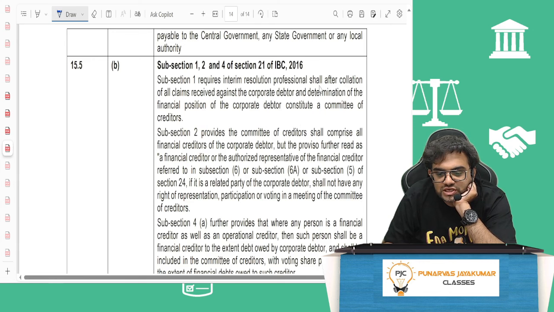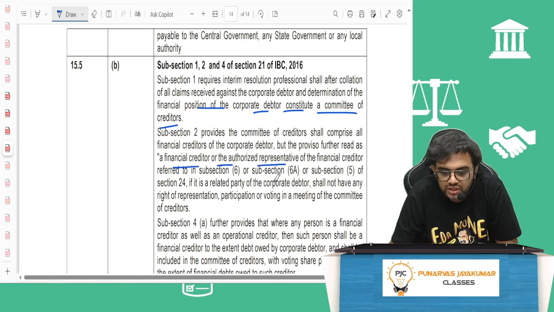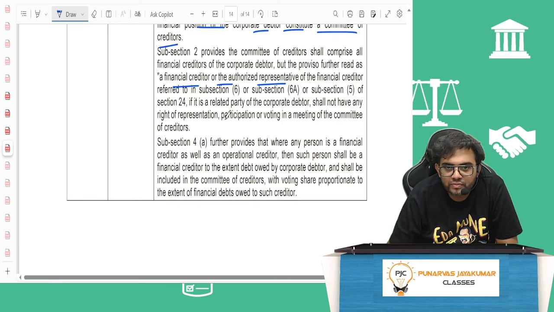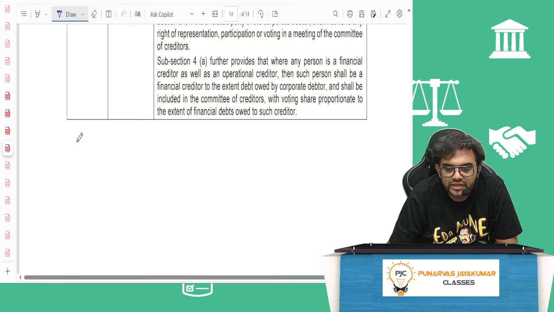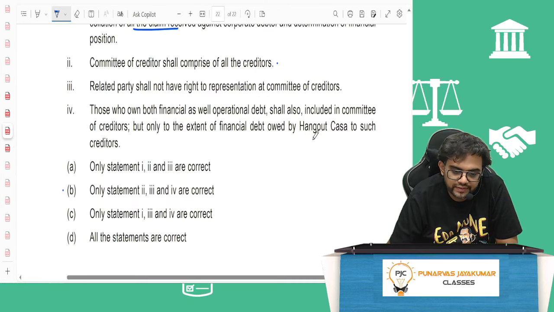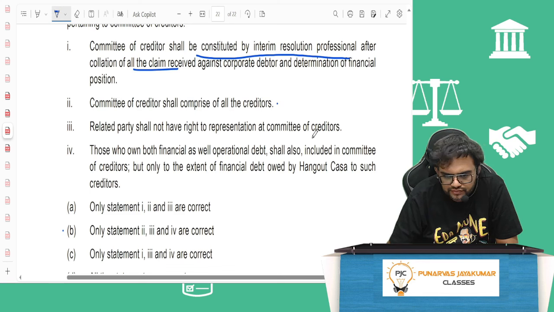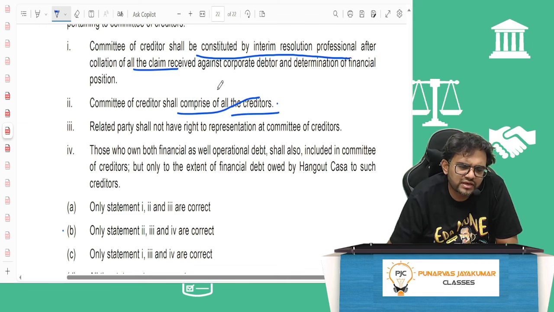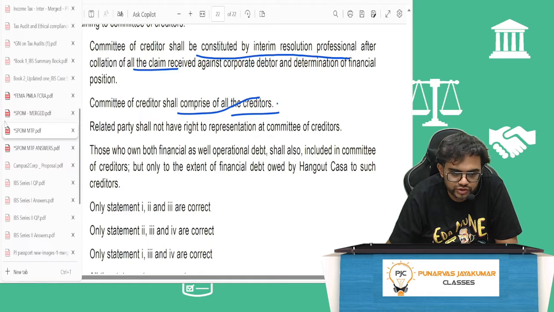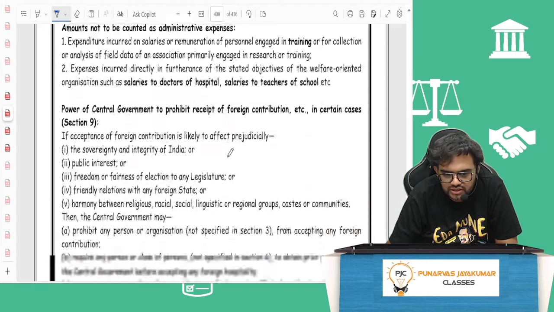The interim resolution professional shall, after collation of claims, determine the financial position and constitute a COC. Subsection 2 provides that the COC shall comprise all financial creditors, but the financial creditor's authorized representative shall not have the right of representation. If you are both an operational creditor and a financial creditor, then the voting share will be proportionate. So in this particular question, will the COC comprise all the creditors? Ideally, the COC will only have financial creditors, but of course, operational creditors also can sit there and they have a right to vote. So if you see this particular chart given here,